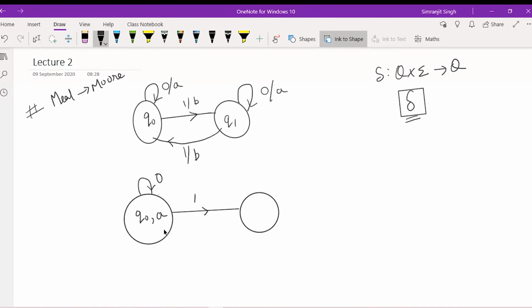Now start with this Q naught, and I am just defining 0 here. On 0, the output of A is going towards Q naught, so I just put A alongside the state. Don't worry about that B here, just go with the transition. Now I am on Q naught. I am defining another input symbol here, that is 1, and 1 is carrying the output of B here. So I just place the output B along with Q1.